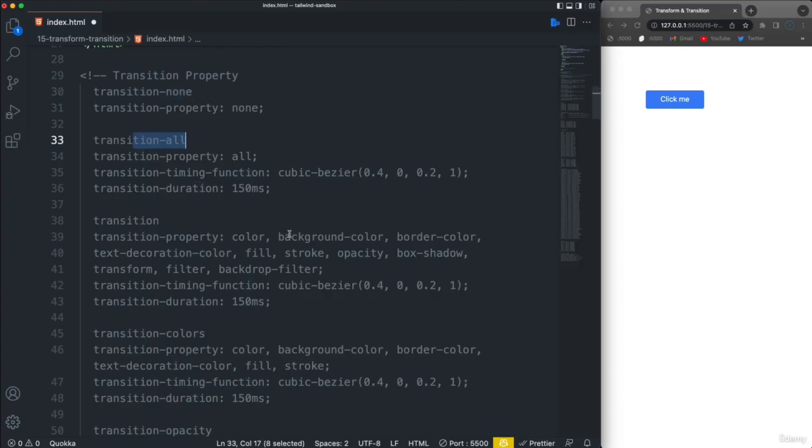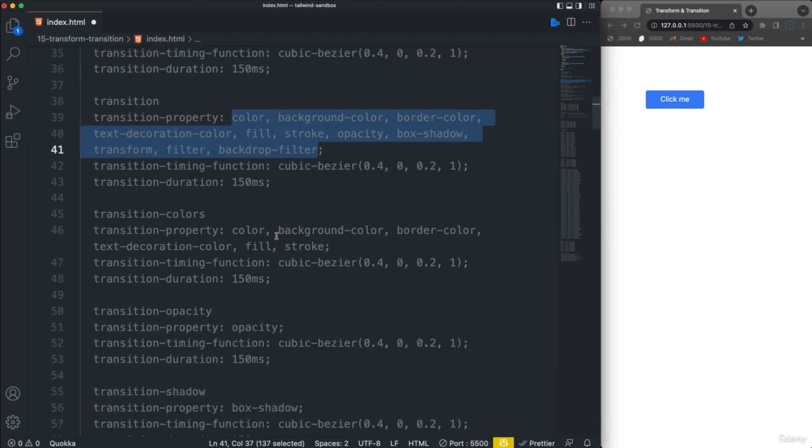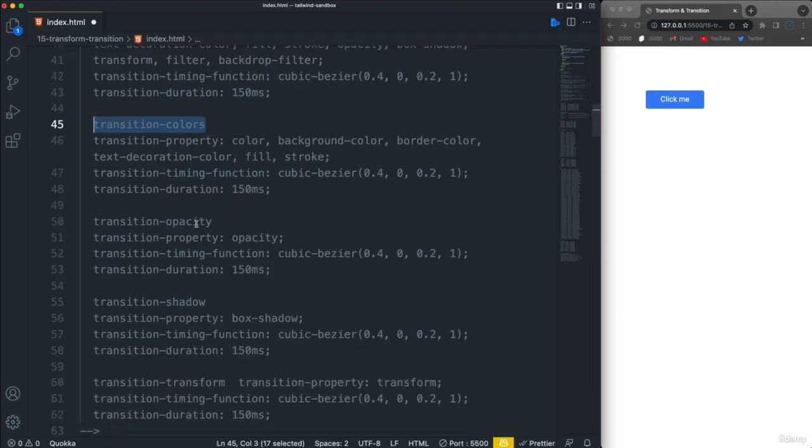We have transition all, which will set the property to all. It also sets the timing function and the duration to default is 150 milliseconds. And then the transition class is very similar to transition all, except this will explicitly say all the different properties that will be transitioned. Now, if you only want colors to be transitioned, you can use transition colors. If you want just the opacity, just the shadow, or just the transform, you can use these